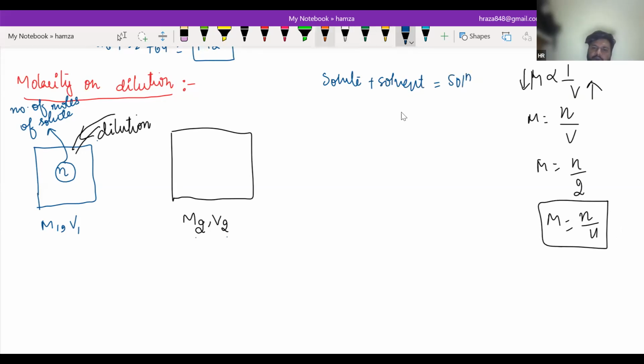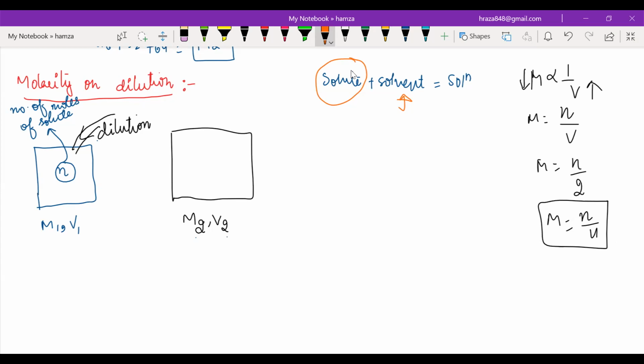And if you are going to add a solvent, will the number of solute change or not? It will change. What you just said? You don't know. Hamza, no problem if you don't have any idea about it. Let me ask you. Just see,